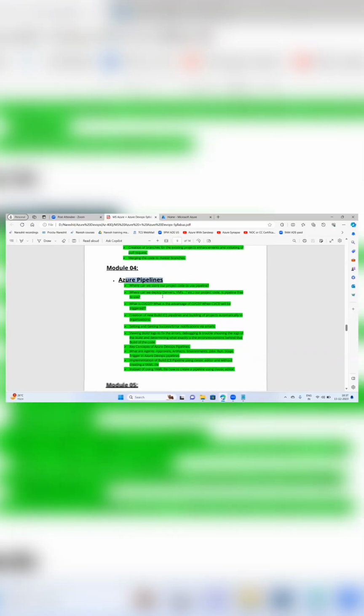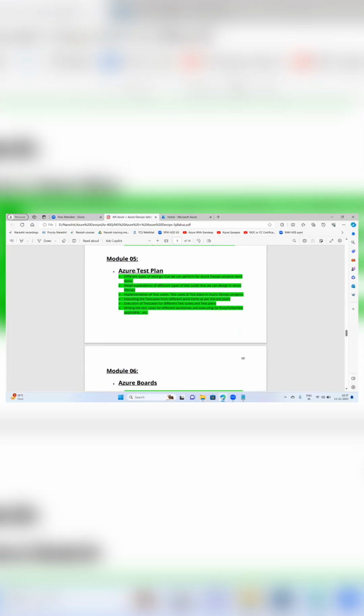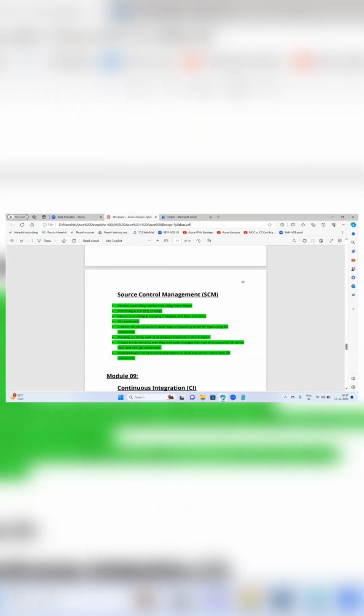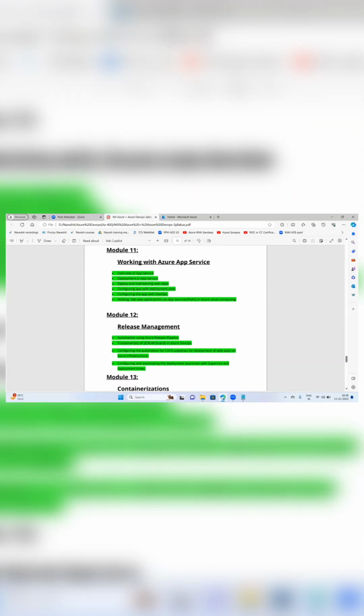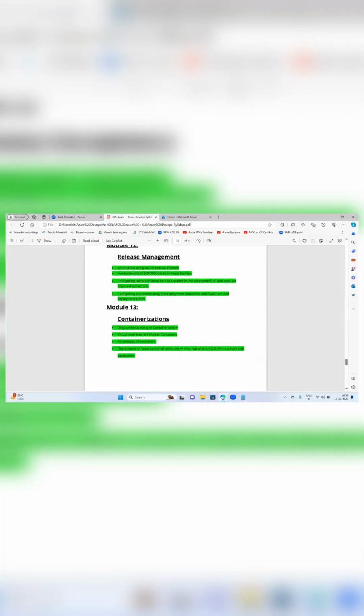Then Azure pipelines, CI/CD pipelines, Azure test plans, Azure boards, CI/CD process. Then source control management, continuous integration, continuous deployment. This is CI and CD, working with Azure App Services, how we can do the migration of .NET web applications from our on-premises to cloud app services. That also we are going to learn. Release management, containerization.